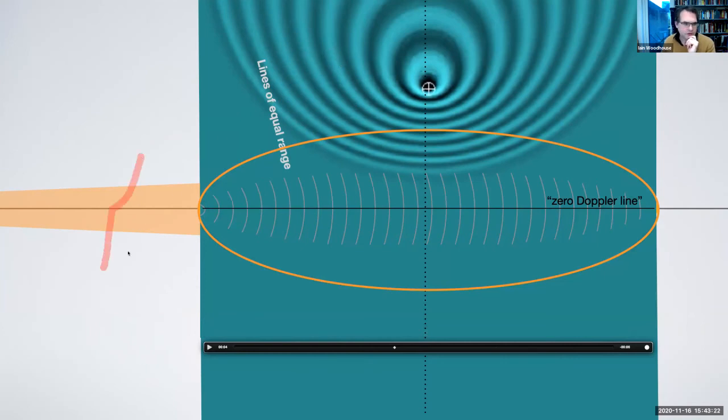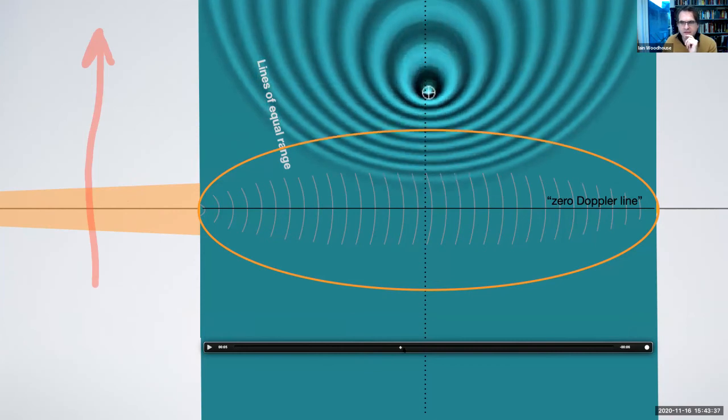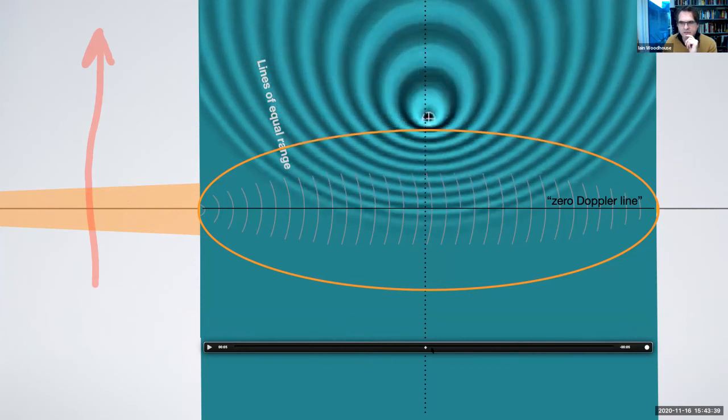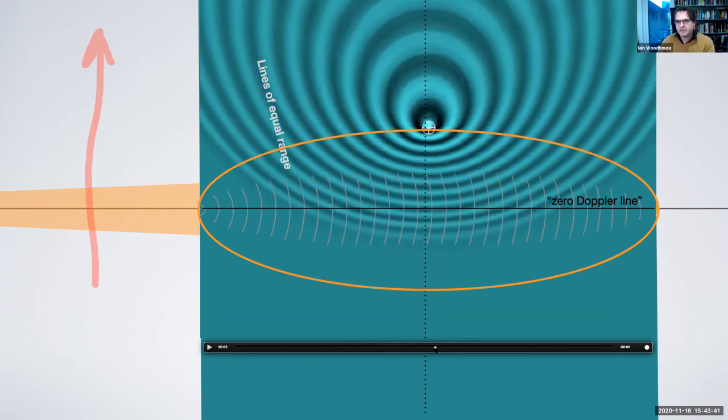We're traveling in this direction. So if we're sitting on the radar system, this target looks like it's moving, even though the target's stationary, it's actually us that's moving. But as the target first comes into the beam, you'll notice that